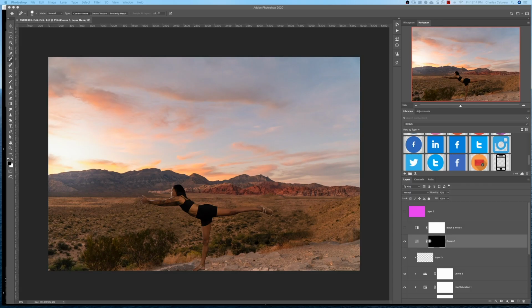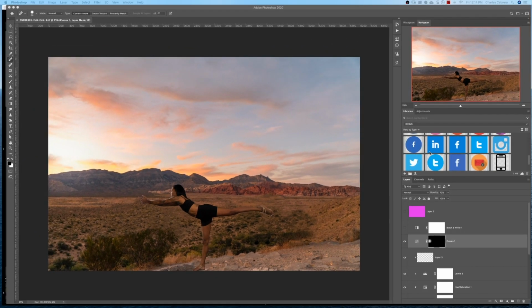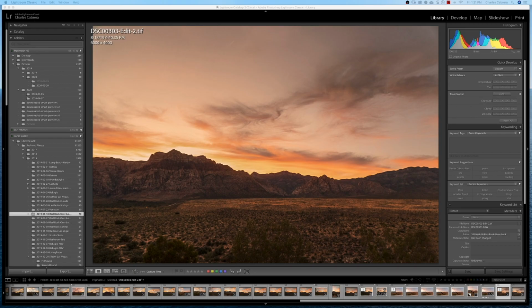One of the key features in Photoshop is its ability to share assets across other platforms or other Adobe products. In this case, here's a library of icons. Now I can share that across Premiere Pro, After Effects, and Lightroom won't let you do that, but you can in Photoshop. So which one should you use?